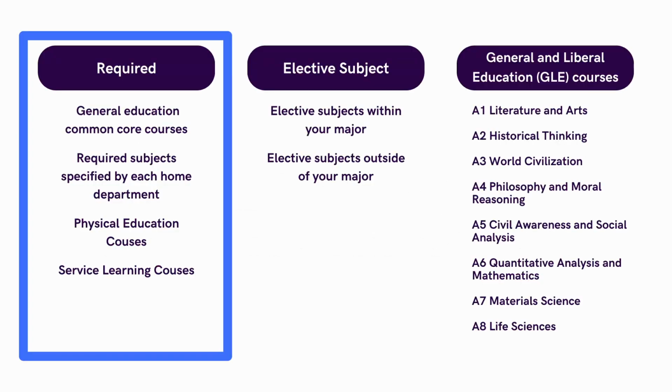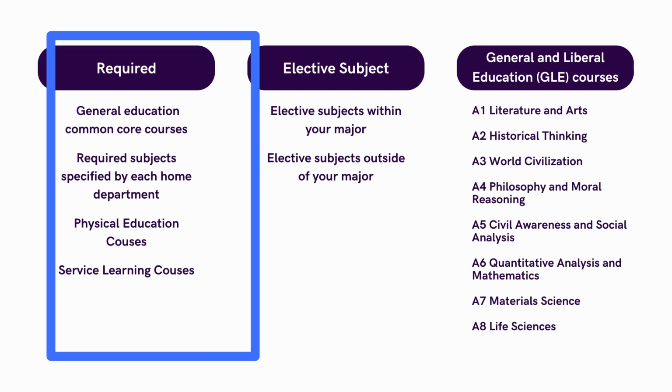First, there are specific classes you must take in order to graduate. These include Common Core courses, Department Compulsory courses, Physical Education courses, and Service Learning courses. Sometimes the classes will be registered on the system for you, but you should always check what your required classes are for each year. Common Core courses are Chinese, English, or other language classes. Department Compulsory courses are mandatory courses from your department. Physical Education courses are sports classes, and Service Learning courses are volunteering classes.